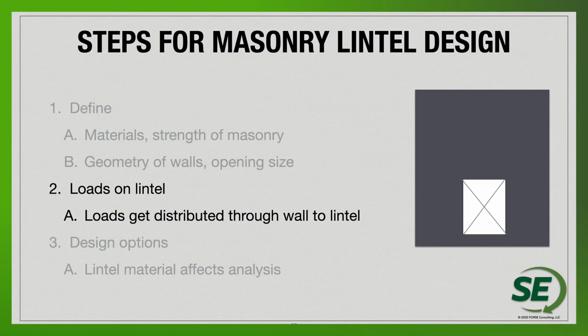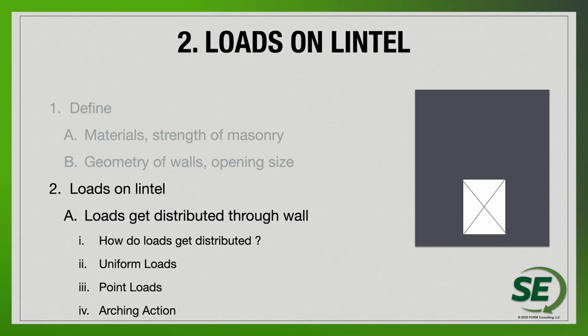So loads on lintel, again, how do they get distributed through the wall to the lintel? Like we just talked about, the control joint has a big part in that, making sure that we get the loads right. We have distributed loads, we have uniform loads, point loads. We have some arching action that we can consider once we have the movement joint, control joint in the right